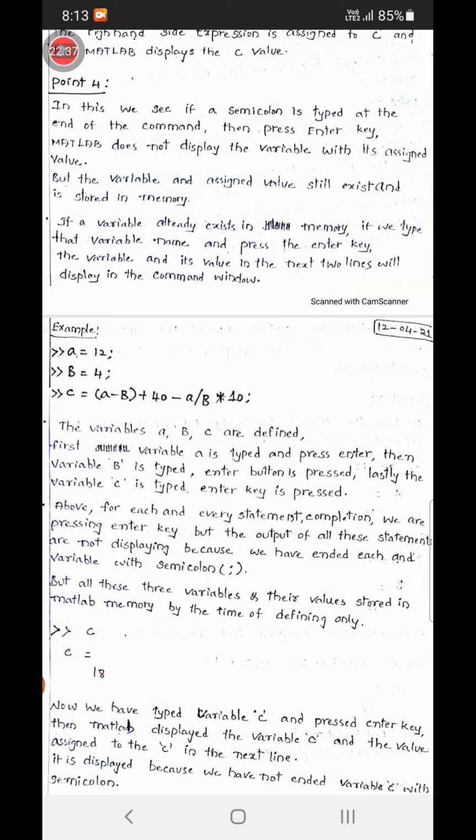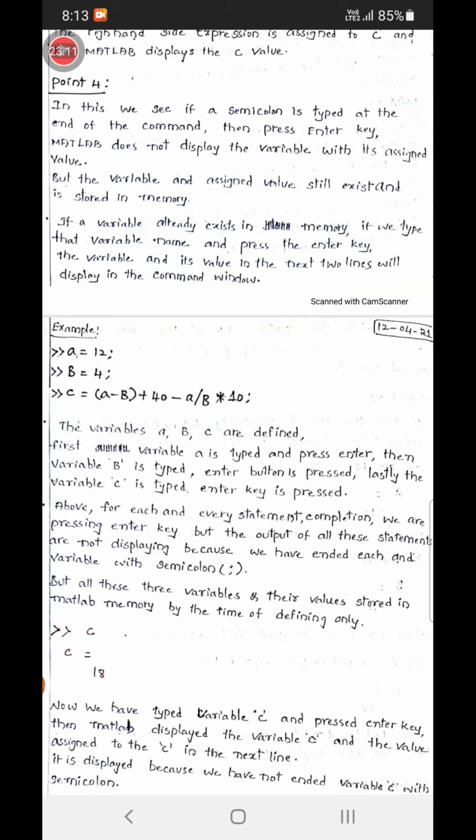The point we need to understand here is, if we put the semicolon at the end of the instruction, then after pressing the enter key, it is not displaying the output. First variable a is defined, ended with semicolon, and we pressed enter, and it is not displaying a = and in the next line 12. It is the same for b and c. So 12 is stored in a, 4 is stored in b, and the computable expression is stored in c.